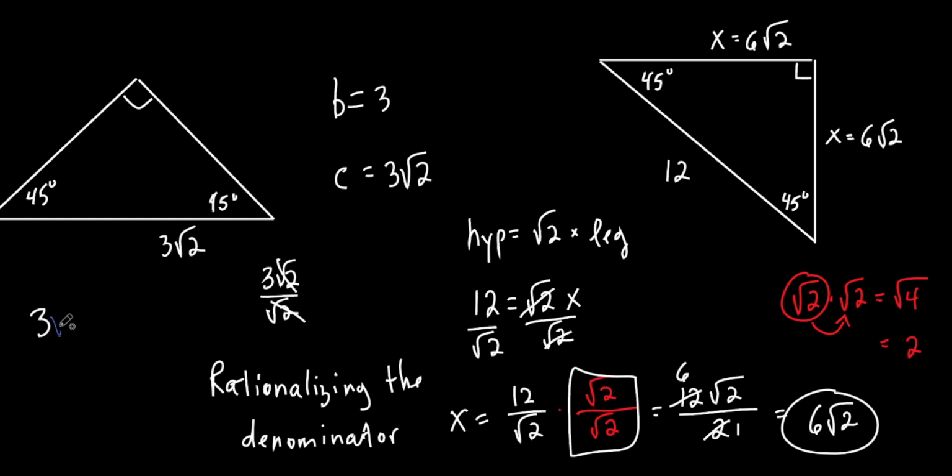Let's do it again. 3 square root of 2. How do I get this right here? I just divide it by what? The square root of 2, and then that cancels. See how nice that is when they write that with a square root of 2? So I'm just left with what? A 3. This one is a little bit more confusing because you've got to go 12 divided by square root of 2,